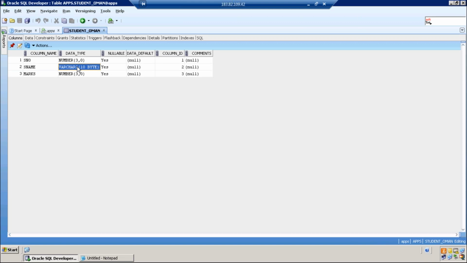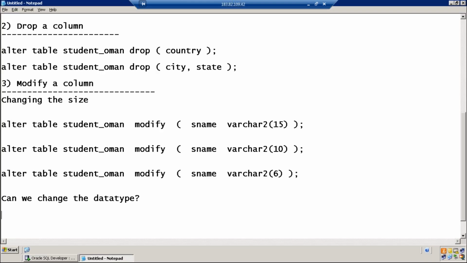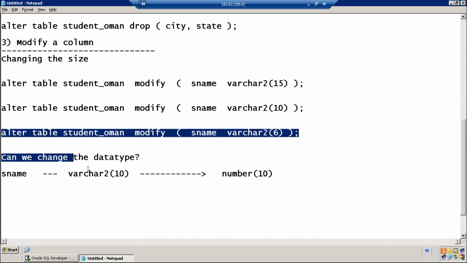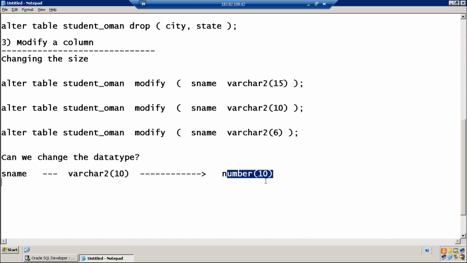I want to change to number of size 10. Student name, current data type is varchar2 of size 10. I want to change to number of size 10. Let us try.